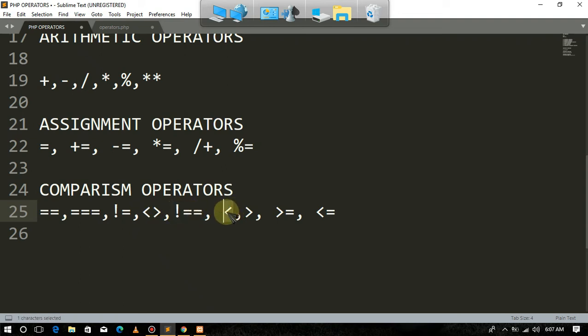And we use this one to compare for less than, greater than or equal to. Then we have the less than or equal to. So